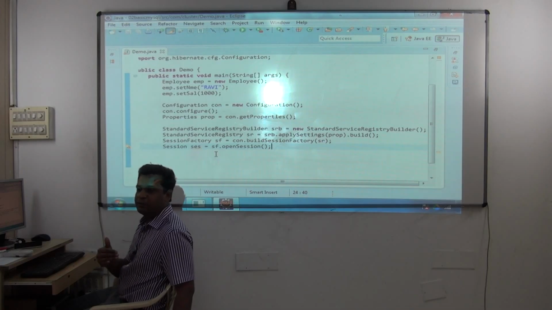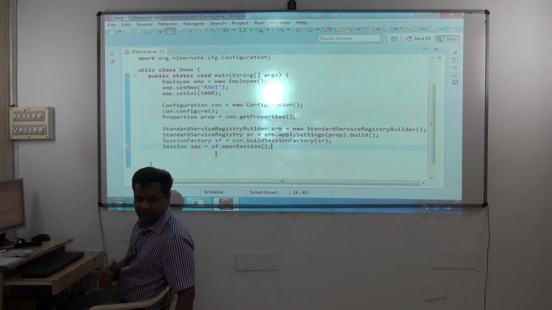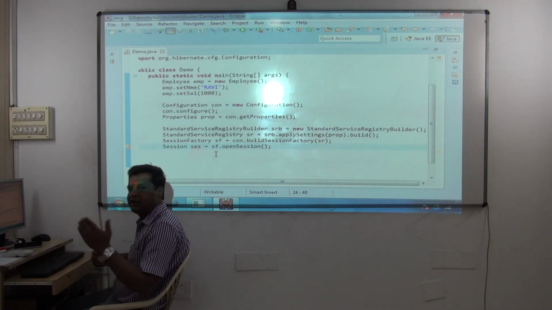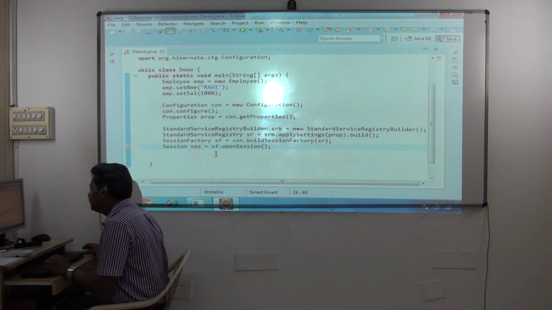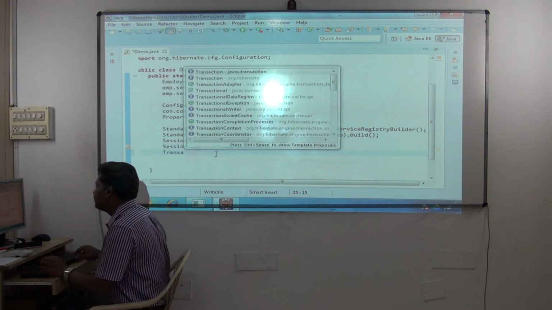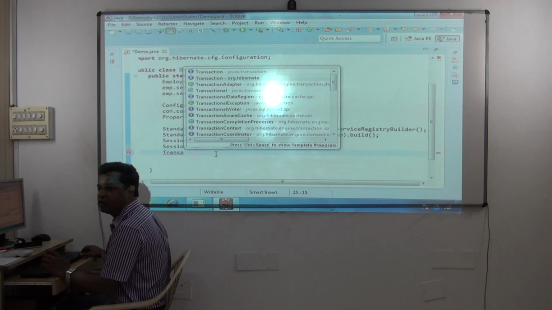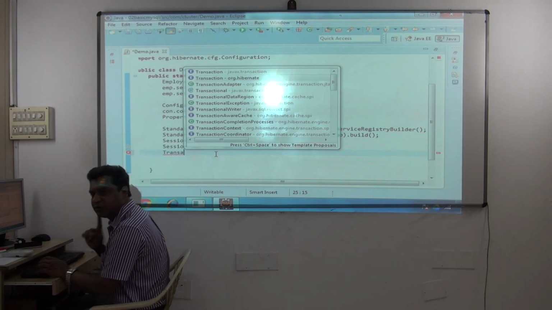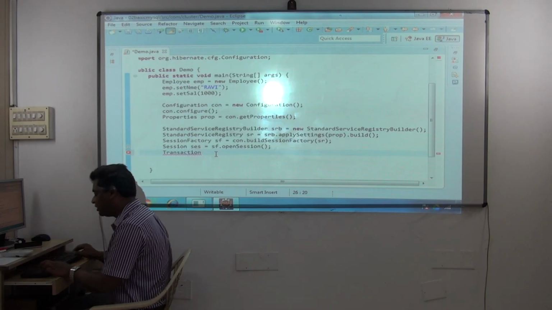But before you do your persistent operations, you should do it in a transaction. That is why I'll get the transaction object next, and inside the transaction I'll write my code now. Persistence operation. So transaction. Be careful in importing. You have to import from org.hibernate only. See, one more Transaction is there, javax.transaction. Don't import that. Import everything from